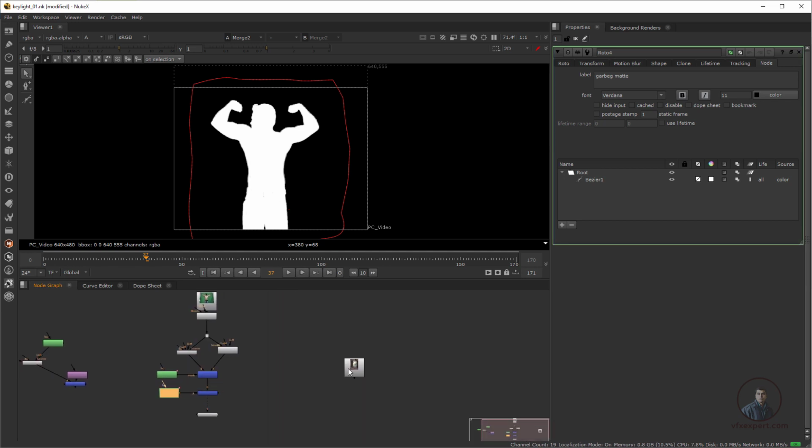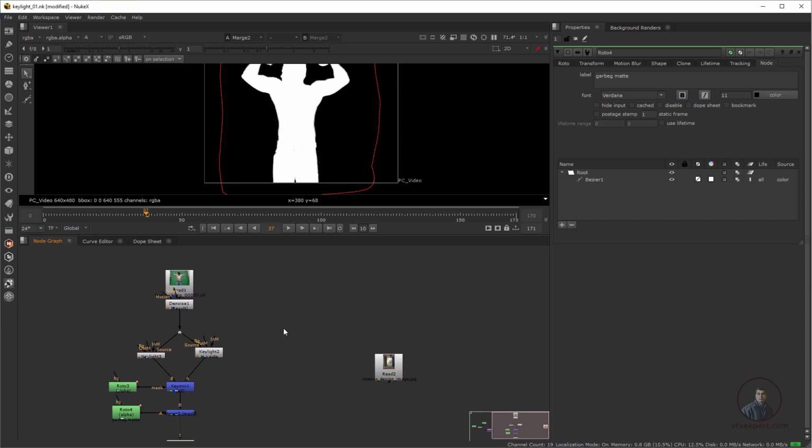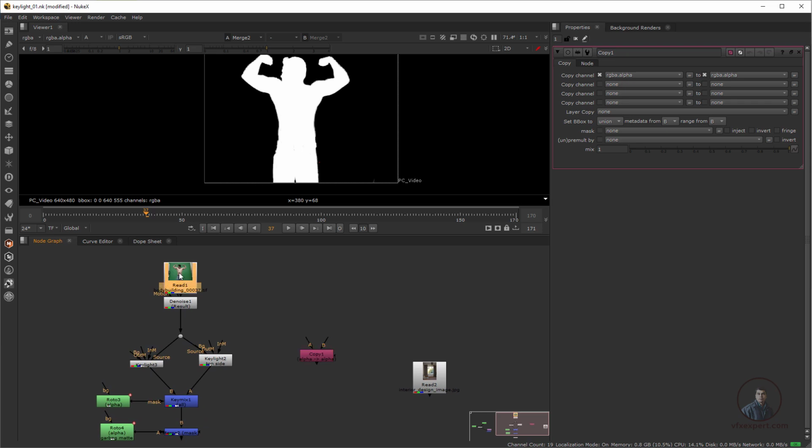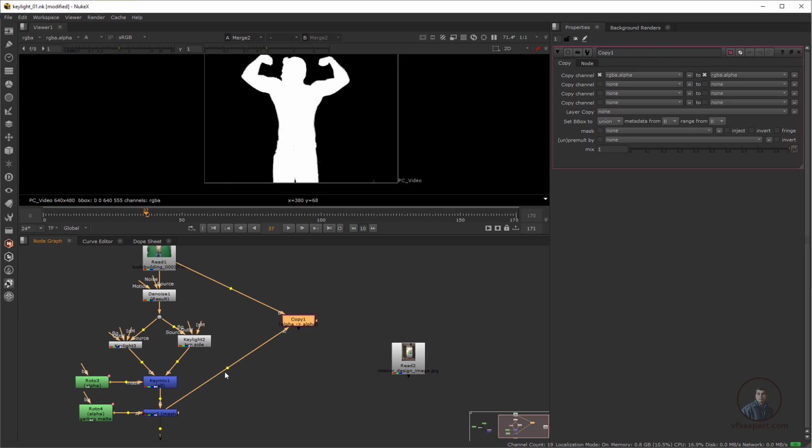Finally we have to take a Copy node. Press K for the Copy node, this one. The original footage will be our B, and this matte we connect to the A input like this. Hold Control and adjust it a little here.